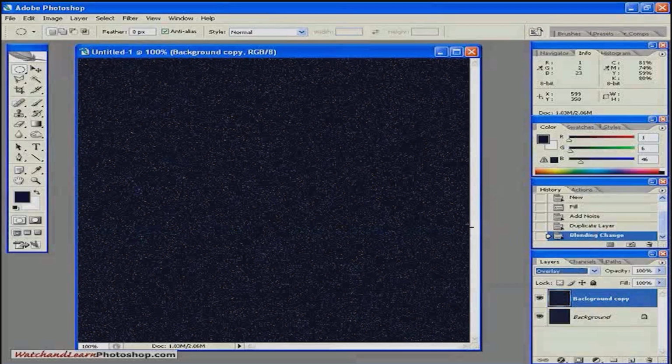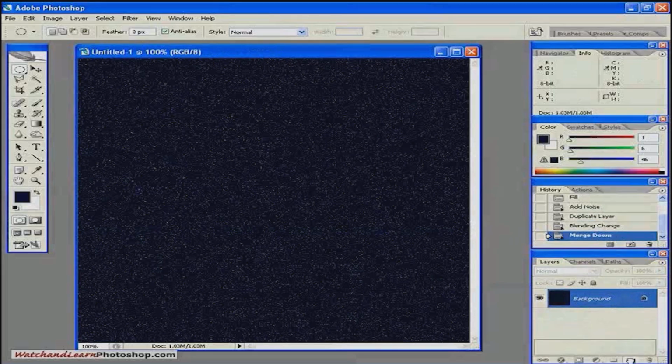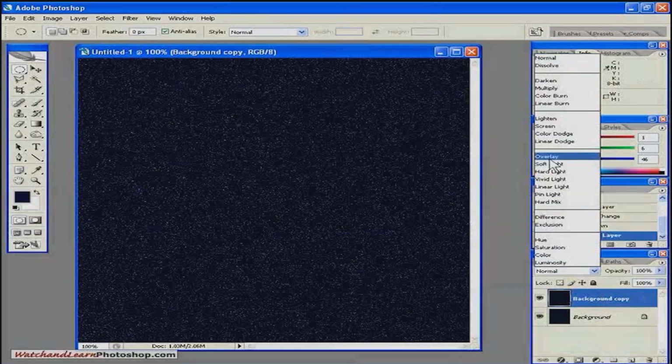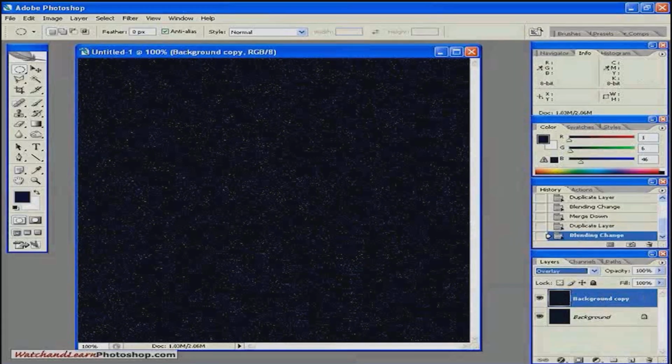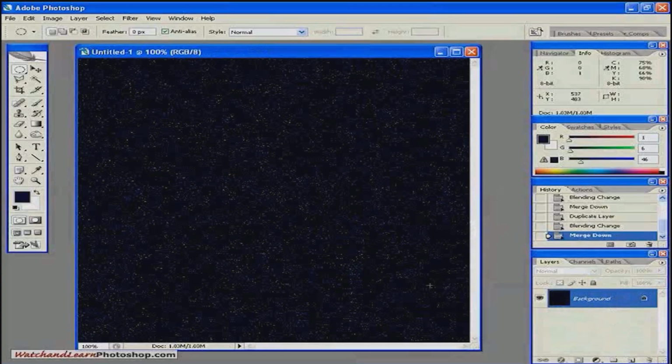And if you still think that that's too many stars, or that the sizes are not different enough, we can go ahead and combine these two layers by hitting Control E. We'll merge those two layers together, and then make another copy of that layer, and then do the same thing, changing the layer mode of this top layer to overlay once again. And that will make the brighter stars stand out even more, and that looks pretty good. So we're going to hit Control E once again to join those two layers,